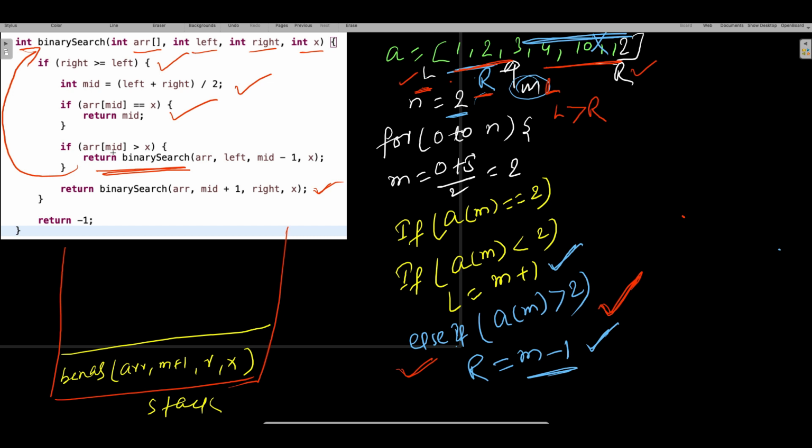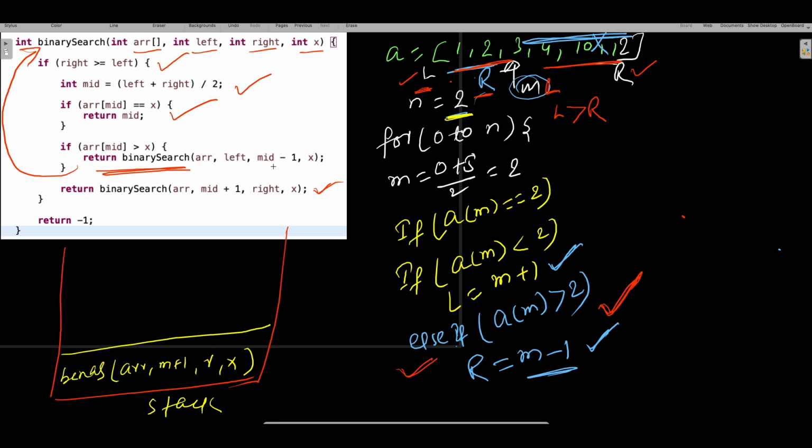Now when it actually goes back, let's say in the first attempt you are looking for the number equal to 2, right? When you are looking for number equal to 2 in the first case, assume that you came here and then you went back. When you went back, again you are calling that. So here you will check for right greater than or equal to left. So when you called this, how much was left? Left has no change, which is 0.